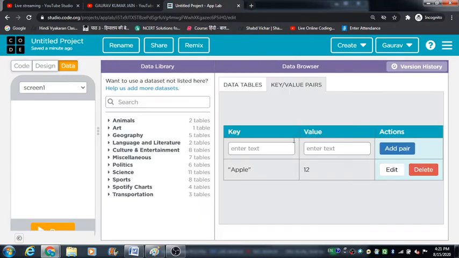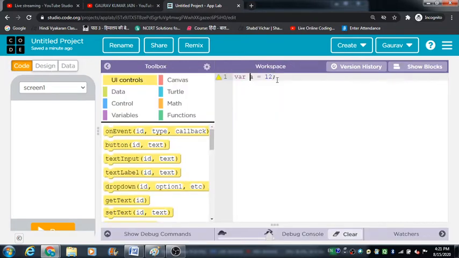Okay, and in this, what is happening is that this is getting stored on the app's cloud. Now whenever the app gets opened on any device, the user of that device will be able to access this value, and also will be able to access this key on that app. So the only difference is that this we are using directly as code here in this workspace, but here what we are doing